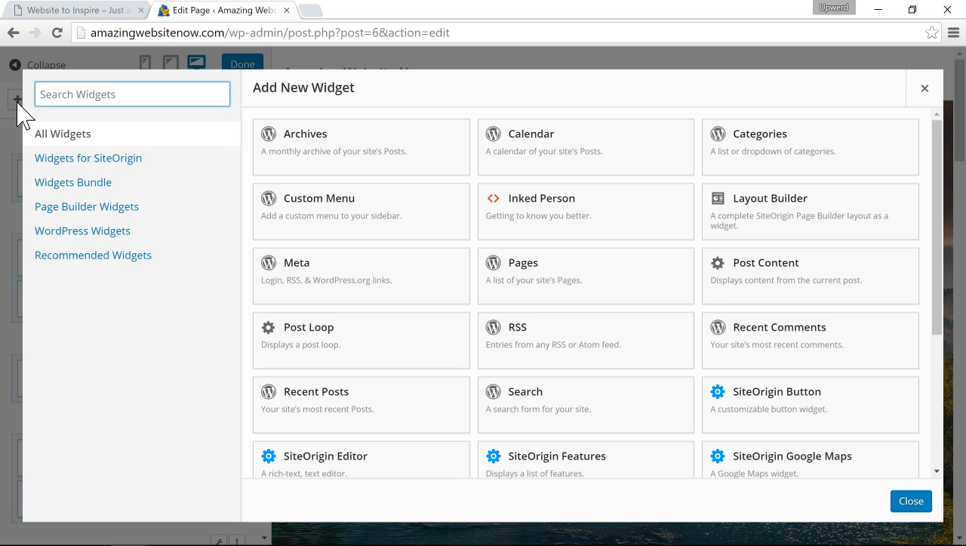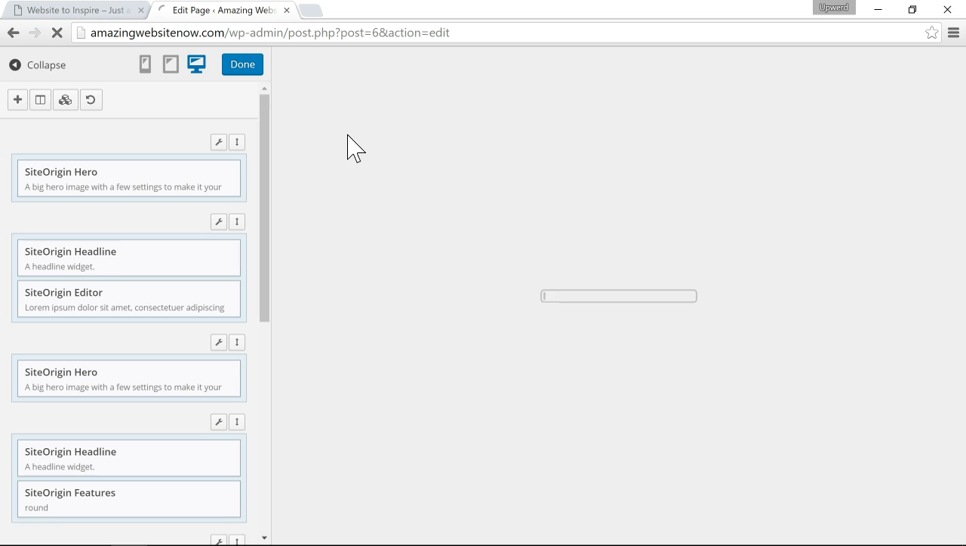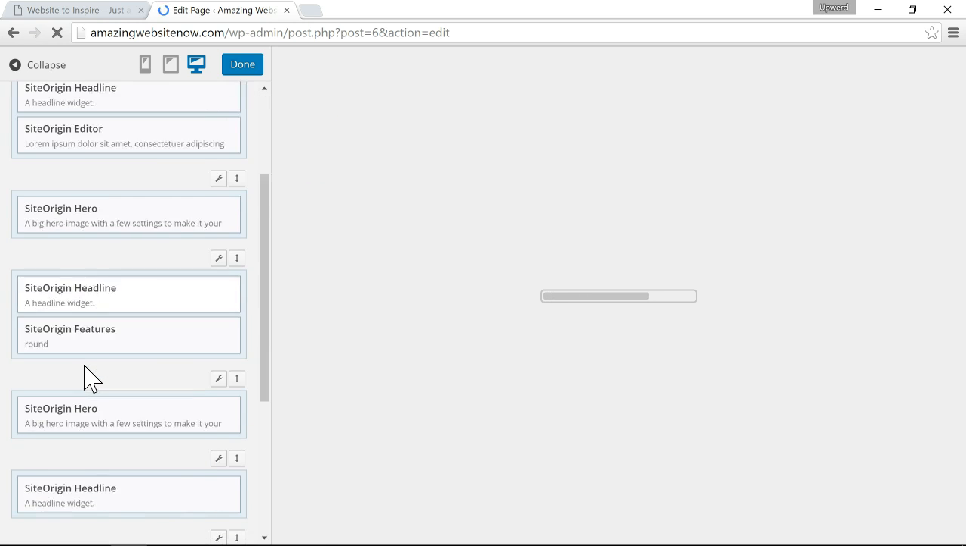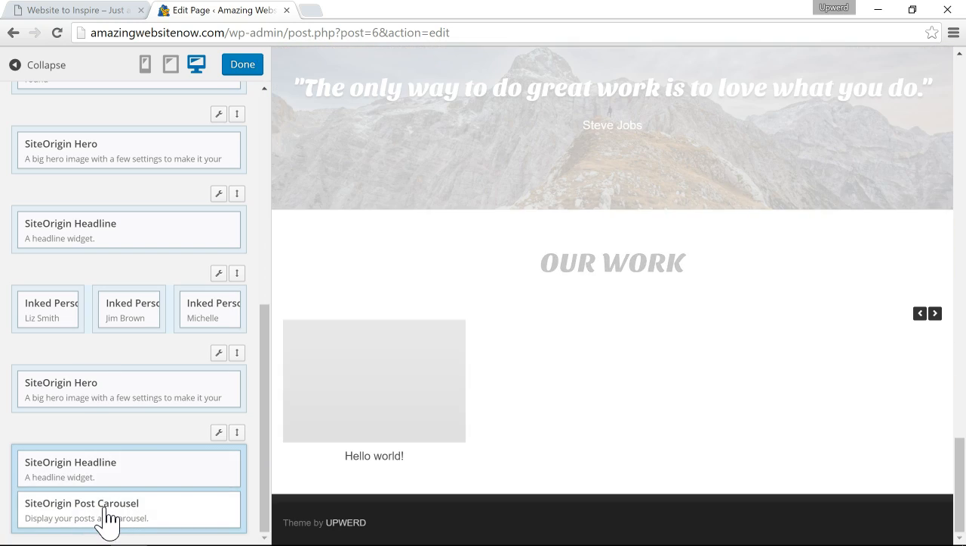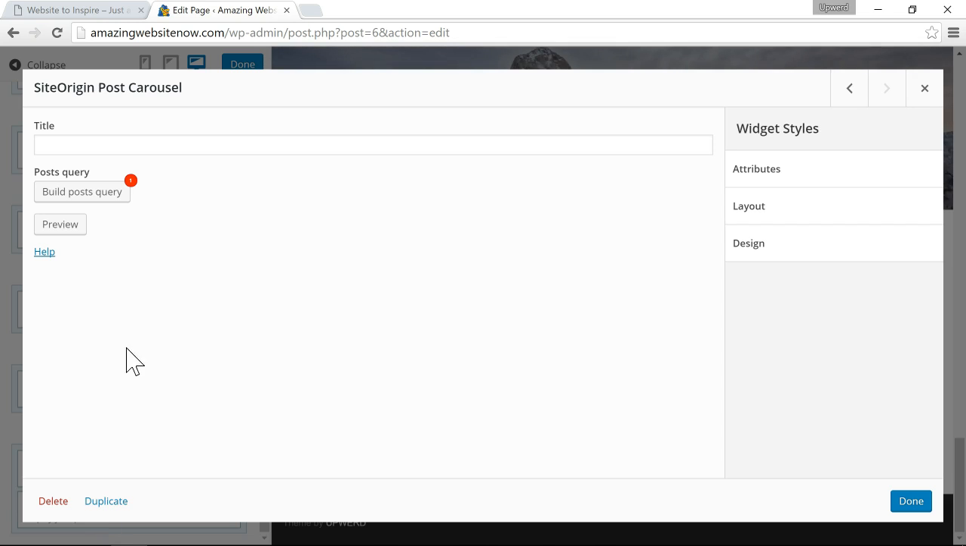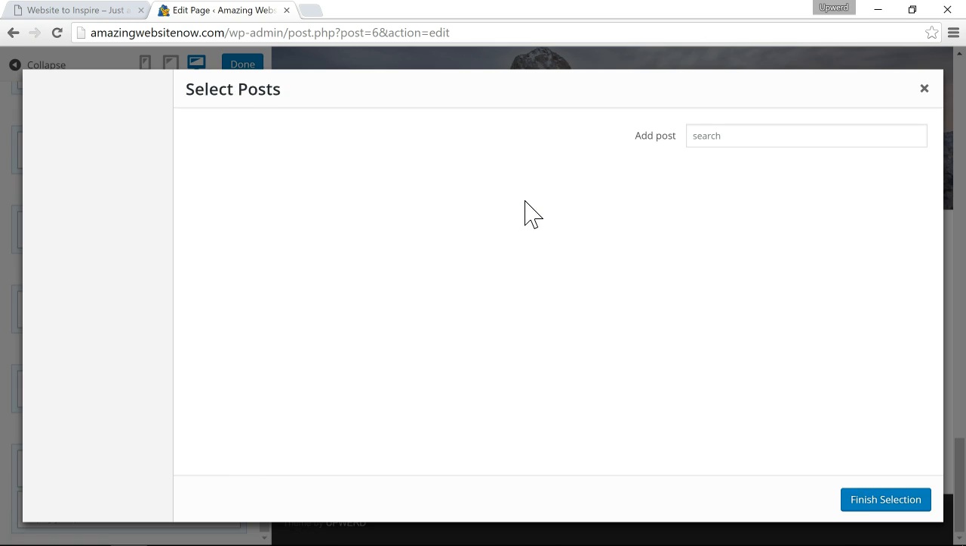And then search for post carousel. So click on site origin post carousel. Left side, scroll down again, and then click on the site origin post carousel to edit. And then where it says build post query, click on that. And then where it says select posts, click on that. And then here, if you search for work